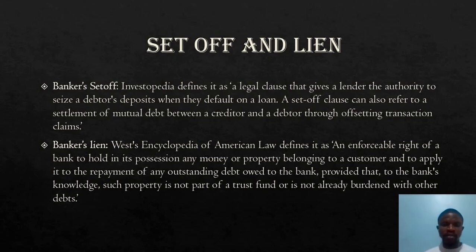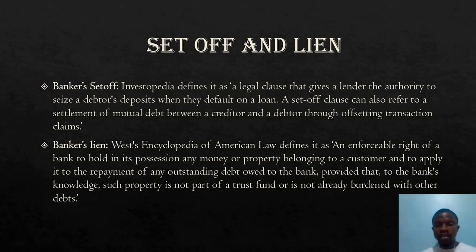What does this mean? If, for example, you are owing the bank 100,000 naira and your balance in the bank comes down to 100,000, it will be stupid for the bank to continue to allow you to use your credit when you've come to the limit of what you owe them. So they have the right to say, no, we will not give you this particular amount of money that we have with us to spend, because this is the amount that we are hoping to use to return the loan that we gave you.